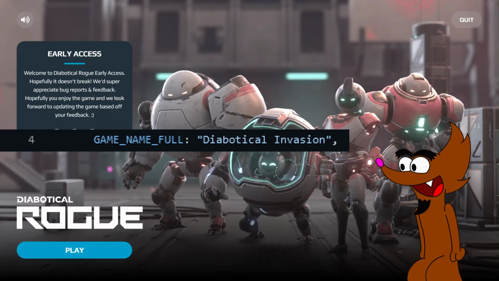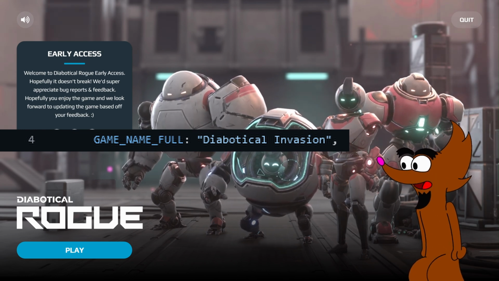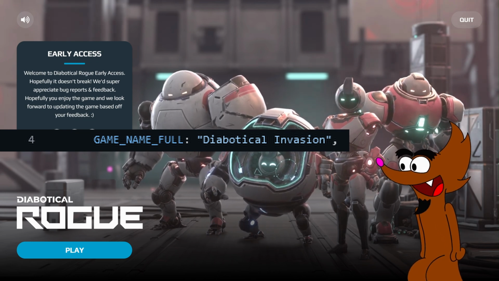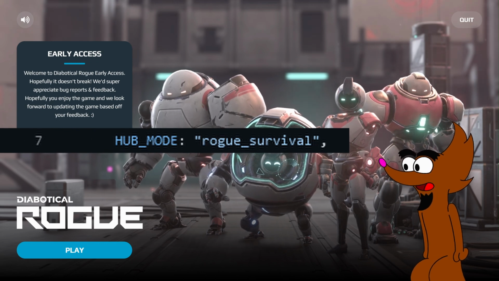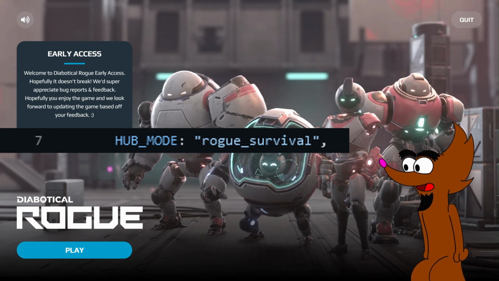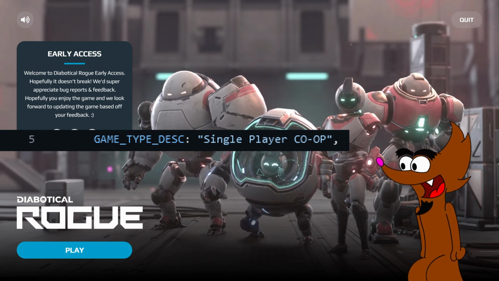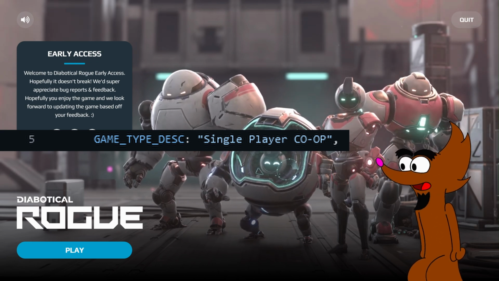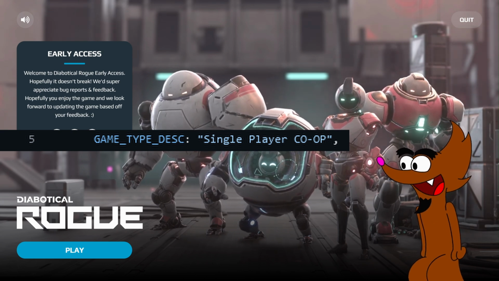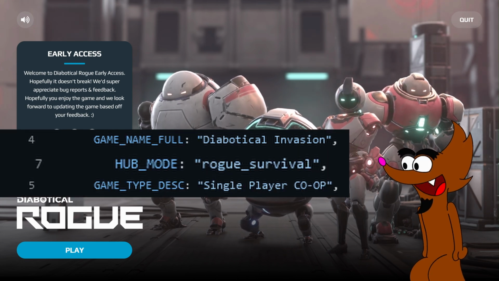Now, the name Invasion could be changed at any time during development. There could be a new name that they come up with for the mode, or it could be the same name. The thing is, it uses the rogue_survival game mode to facilitate the mode Invasion. Now, this could be survival too. We don't know. And it just says in the game type description, single player co-op. They could have quests now. I mean, it could be more than just round-based survival. We don't know. We just know it says Invasion, single player co-op, Rogue Survival is the game mode, and then